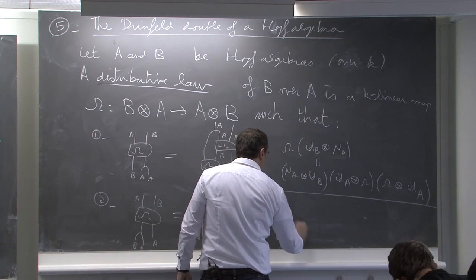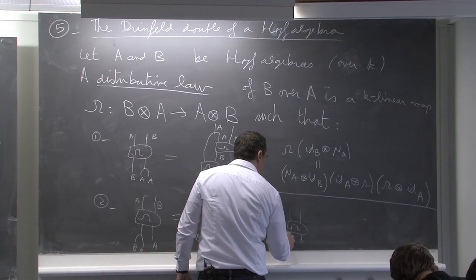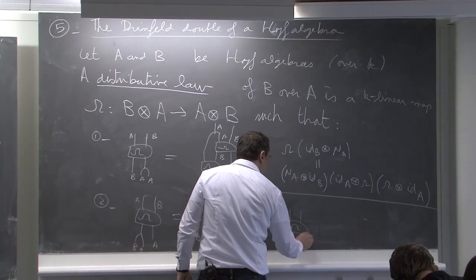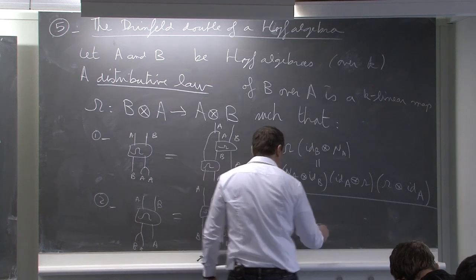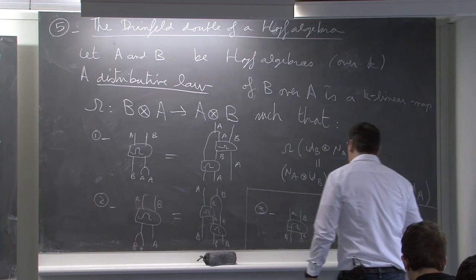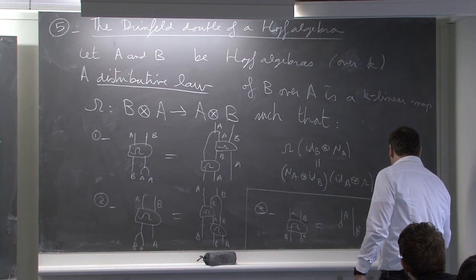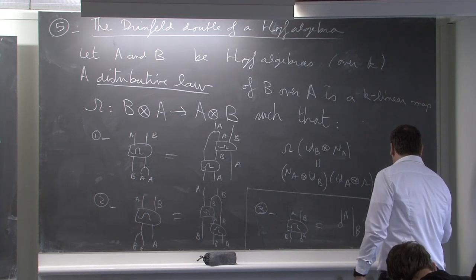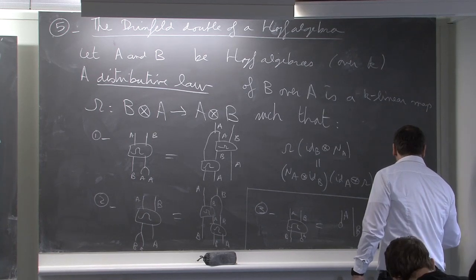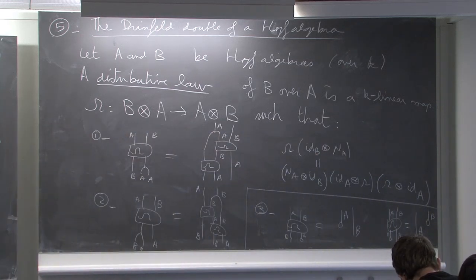So if I plug the unit, it is B, A, B, it is AB, and in the other way, if I plug the unit of B, it is like this, A, B, and